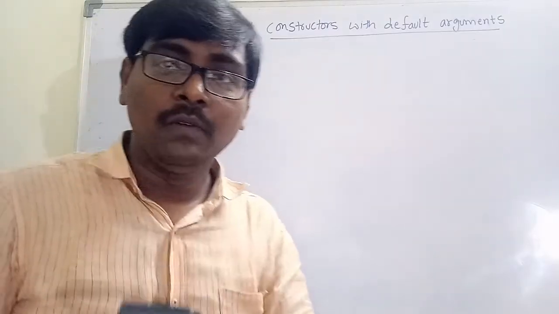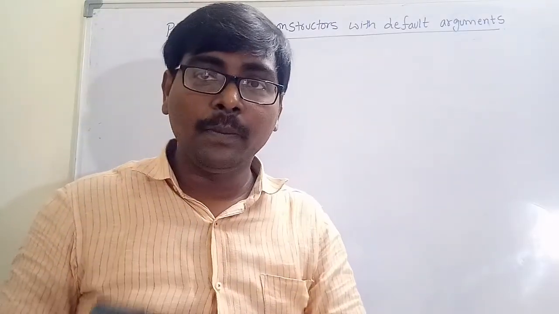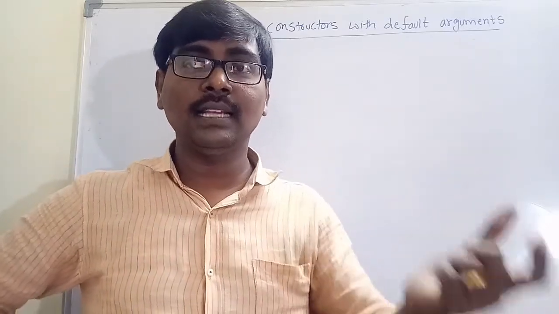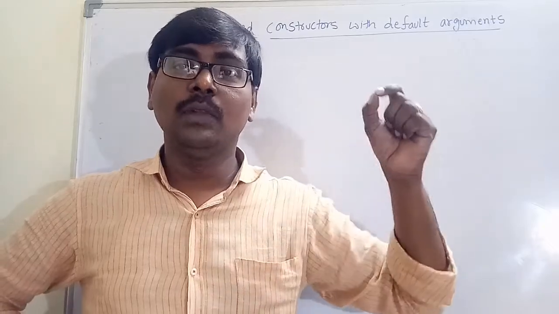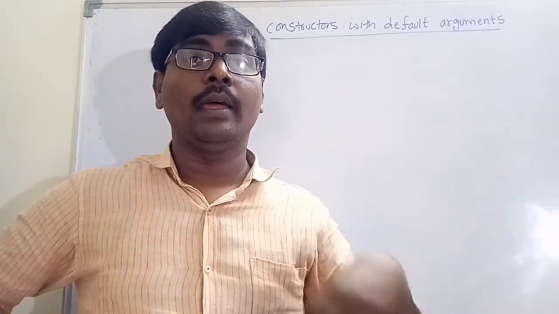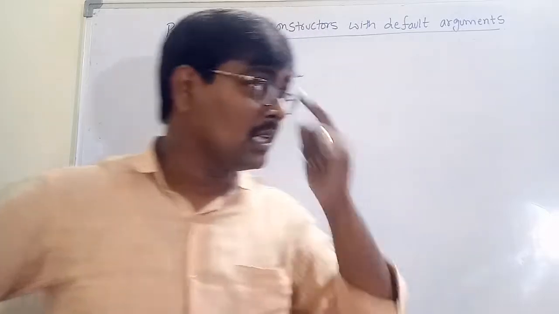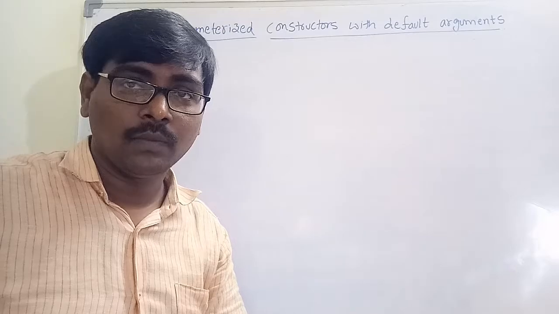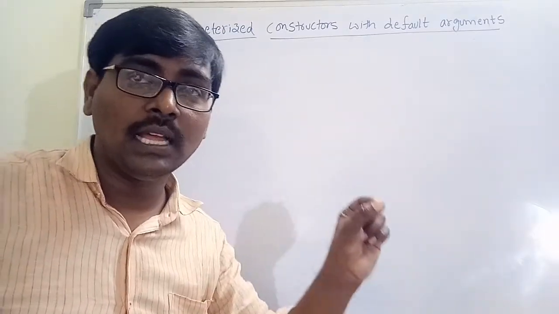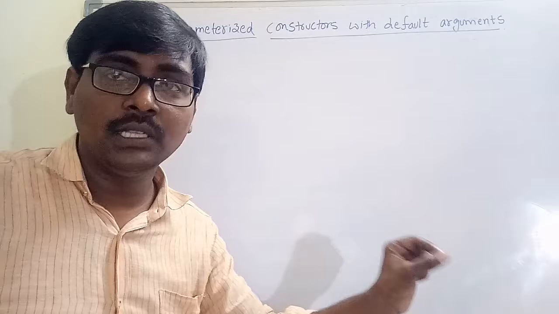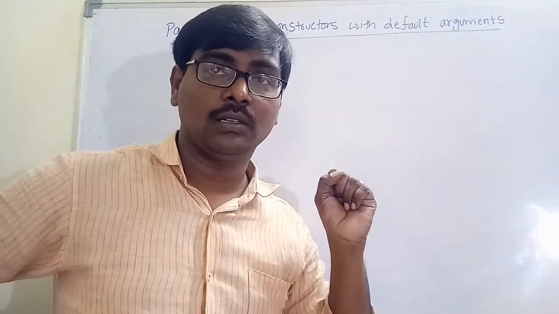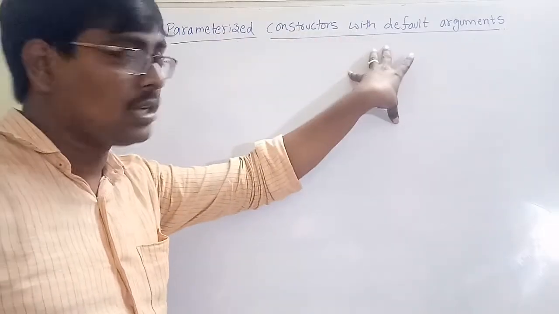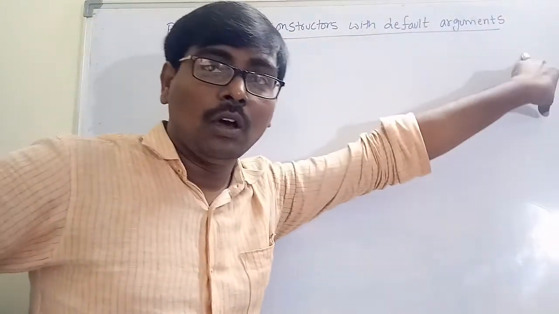Welcome back. In the previous session, we discussed what a parameterized constructor is, and how to define the parameterized constructor inside the class and outside the class. That is similar to default constructor calling and member function calling outside the class, and calling the parameterized constructor implicitly and explicitly. Implicitly means without using the name of the constructor. Explicit means by using the name of the constructor. Okay, that is clear. Now the next continuation is the parameterized constructor with default arguments.